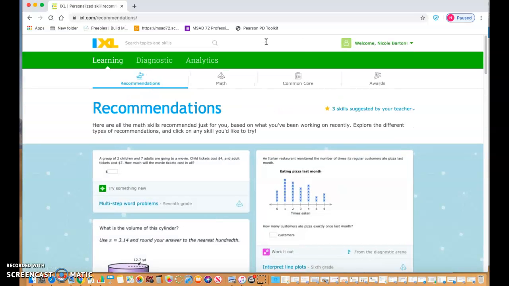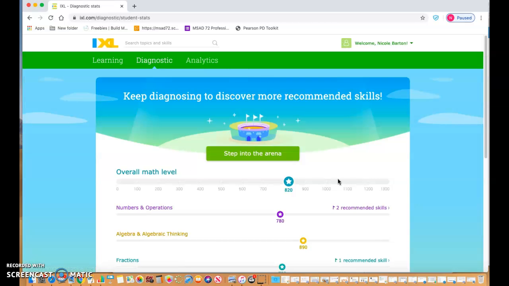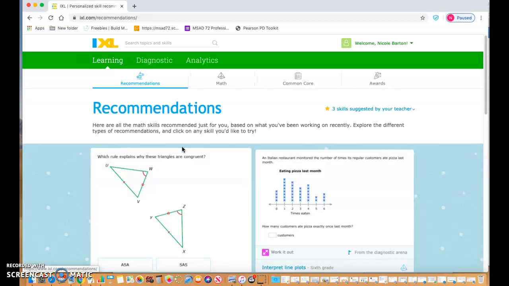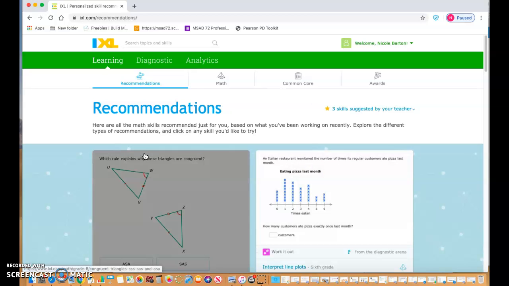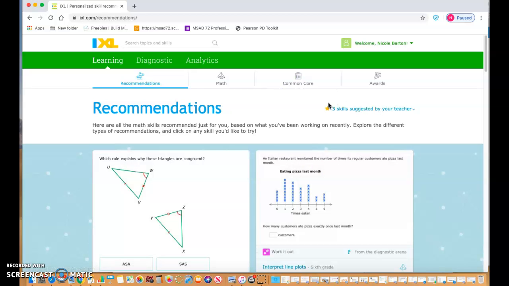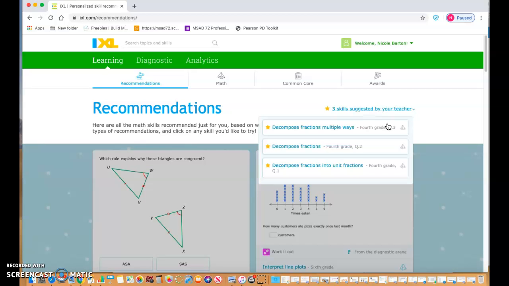Okay, so there's a recommendations page here for you once you finish your diagnostic test that you should have already completed. Okay, so we go back to the learning page, and like I said, there's a page here of recommendations. Now you should see this star appear on your home page, and it says three skills suggested by your teacher. You are going to click on that, and it's going to show you the 3 skills that we are currently